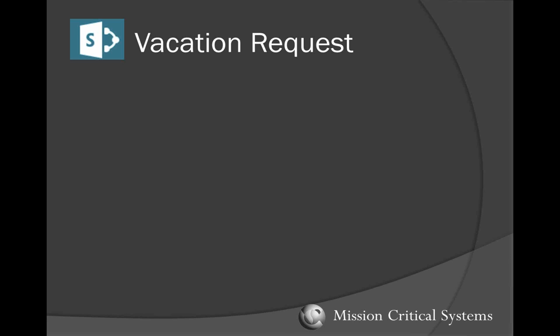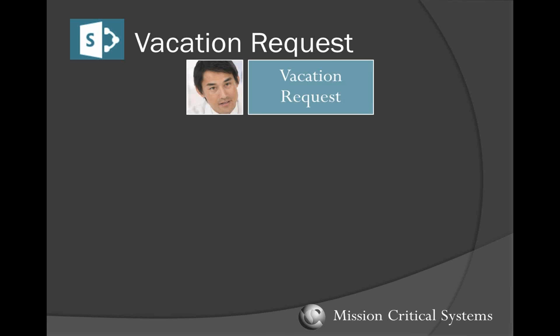So with SharePoint, the way that it works is you would be able to, say, load a document up into a SharePoint site, or a form. Yeah, we do input forms too. One of those two things would kick off the workflow. So I'll talk through a vacation request. Let's say Mal is looking for a vacation request. And so he goes into the SharePoint site and he fills out a form. And as soon as he hits submit,